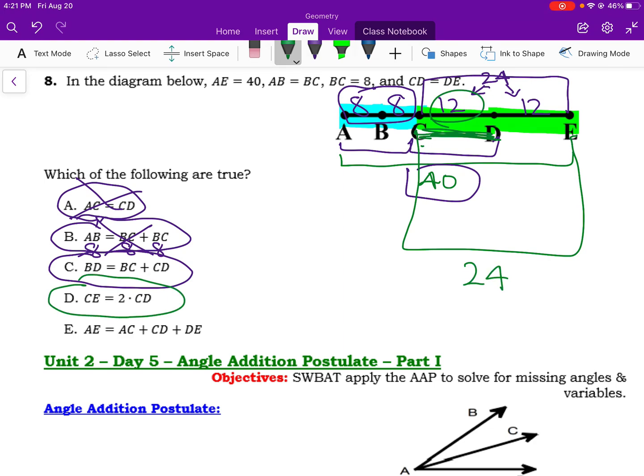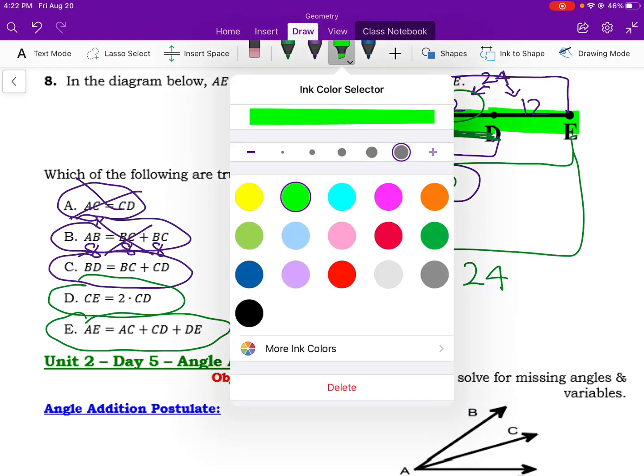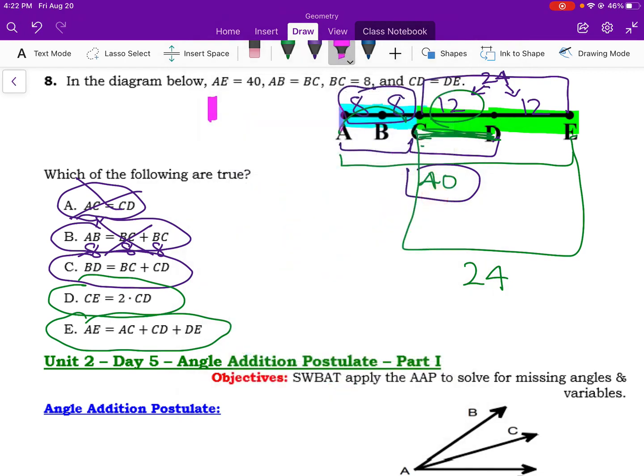And then finally, we're looking to see, is AE, the full length, equal to the sum of A to C plus C to D plus D to E? Yes, that covers the whole way. So those would be our answers there. And that wraps up our notes for